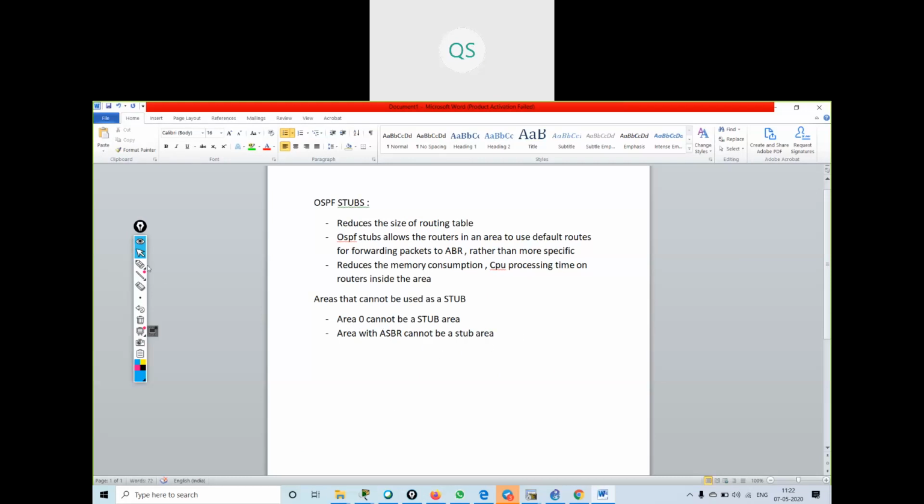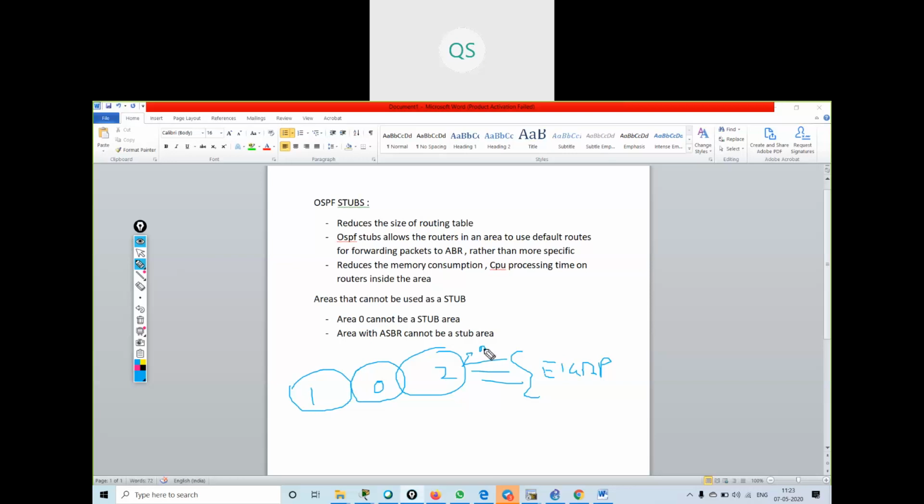Suppose I take another example for this point. Suppose I have multiple areas. These are my three areas: this is my area 1, this is my area 0, this is my area 2. And I have configured EIGRP over here. Then this area has an ASBR router.